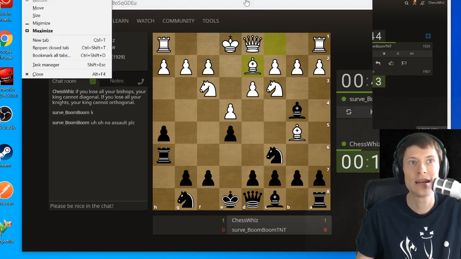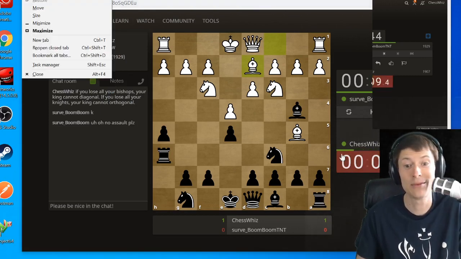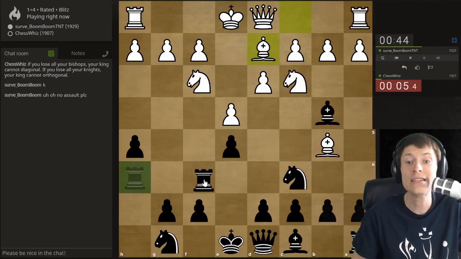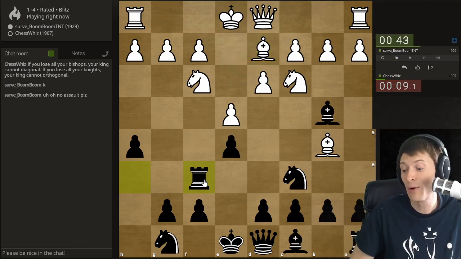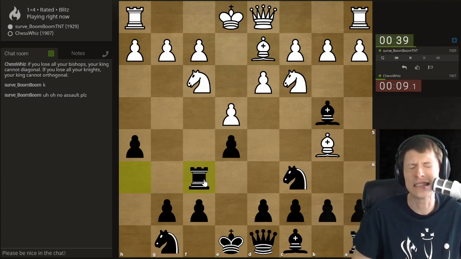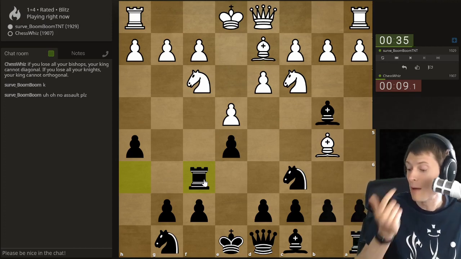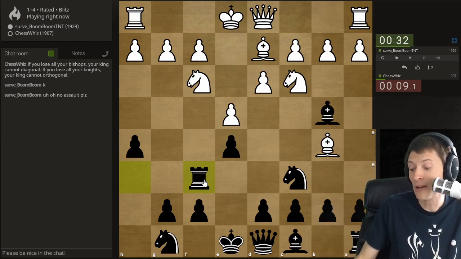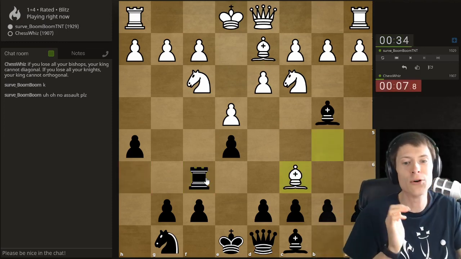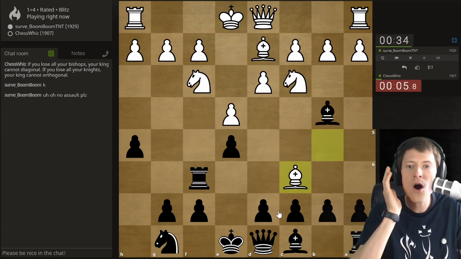Alt space. That brings up that weird menu you never see except by accident. Well, let me do that again. Alt space and then X selects maximize. This is a very cool trick if you want to impress somebody who happens to be sitting next to you and loves very cool tricks, which is just about nobody because, let's face it, nobody really sits next to you anymore. But you press that really fast, Alt space X, and then the window gets big. Like, whoa, how'd you do that? Then nobody who's sitting next to you is like, whoa.